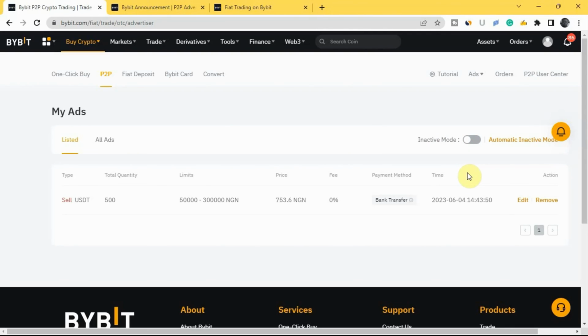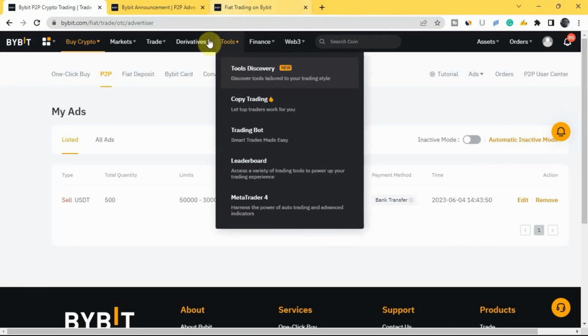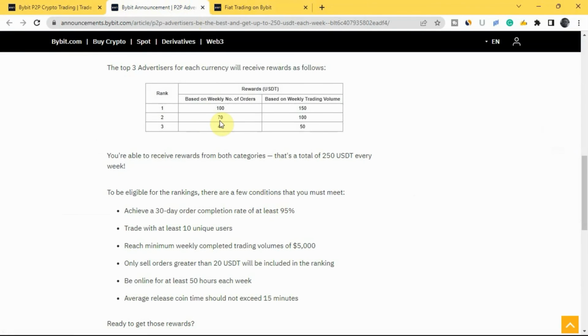So if you have enough USDT that you want to sell or buy, then I advise that you post more ads right here and start getting orders. Also make sure that your price is not too high or too low so you can get enough orders. And don't forget, if you are the top trader at the end of each week based on weekly number of orders, you'll be getting 100 USDT. And if you are the top based on weekly trading volume, you'll be getting 150 USDT. And you can make up to $250